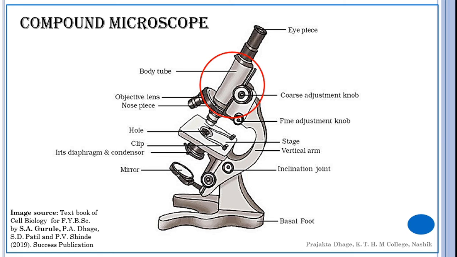It is of the standard length of 160 mm and is available in three forms. Either it is going to be monocular, binocular, or it may be combined photobinocular. The monocular is used for viewing with one eye at a time. The students' microscopes that we see are monoculars. The binocular tube has the advantage of providing the viewer a comfortable viewing for a prolonged period using both the eyes. So in a binocular tube you can use both the eyes.